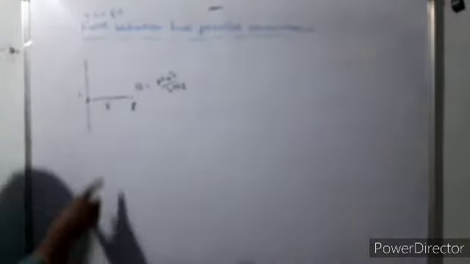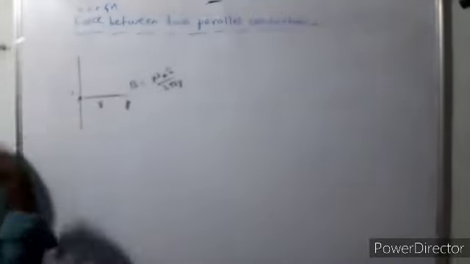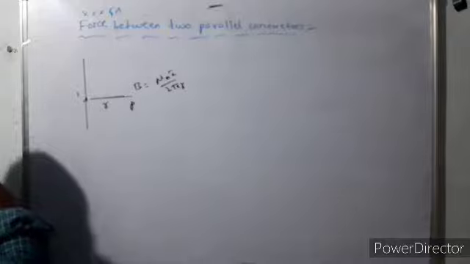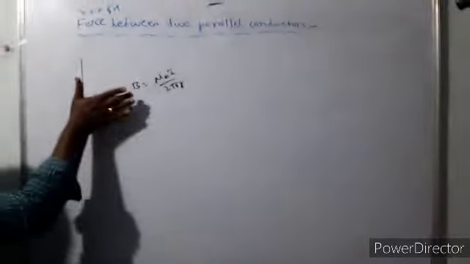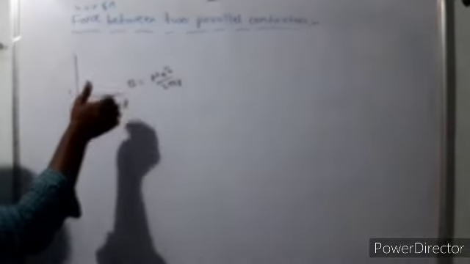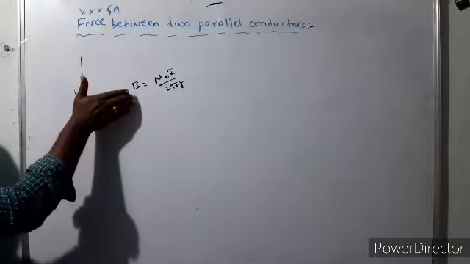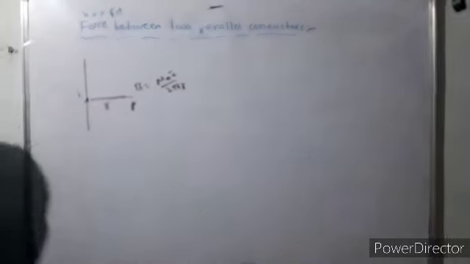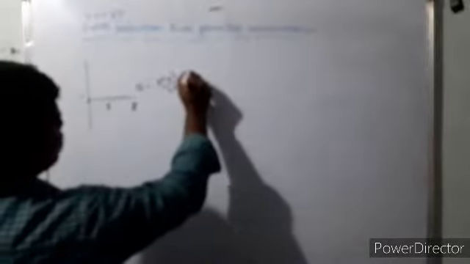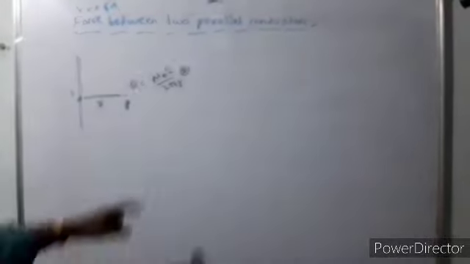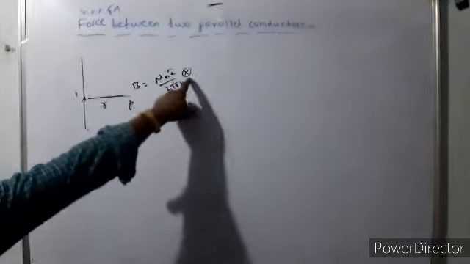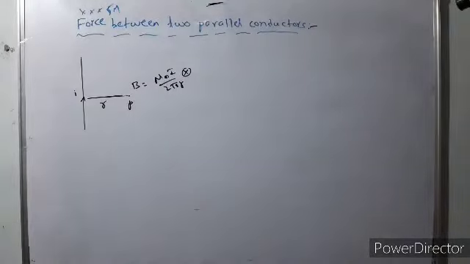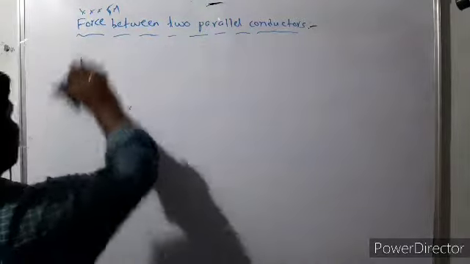Now the direction of the magnetic field at the point P is given by the right hand thumb rule. Put the thumb in the direction of current in the conductor, now fold the fingers. The folding fingers give the direction of the magnetic field. Now I am folding the fingers like this. At point P, the fingers are moving inwards. Therefore, the magnetic field is perpendicular to the plane of the current. This is the magnitude of the magnetic field at point P, and this gives the direction. Now, listen.